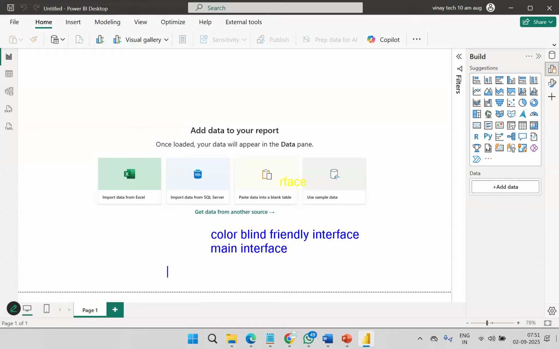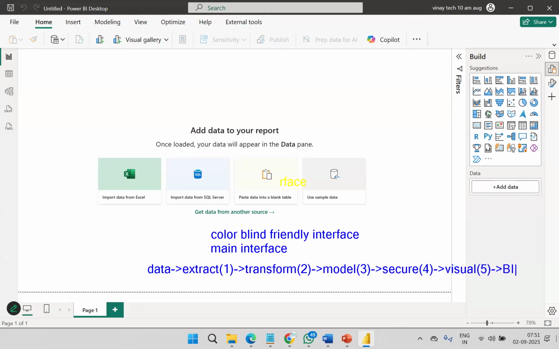So what it does, this is the area: the data, you extract it; the data, transform it; the data model, relationship, security, finally visual. So what is security? Security indicates associated data for the respective people. Respective people, respective data. That is security. So this is mandatory. These three are optional, situation dependent.